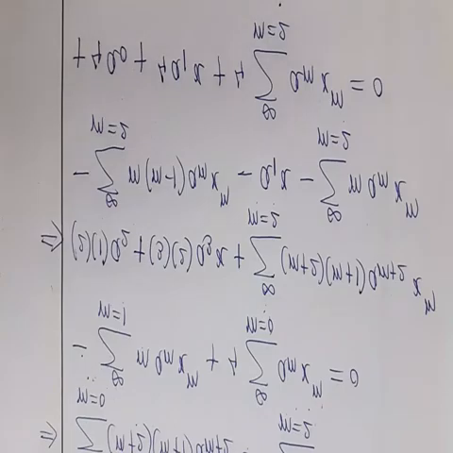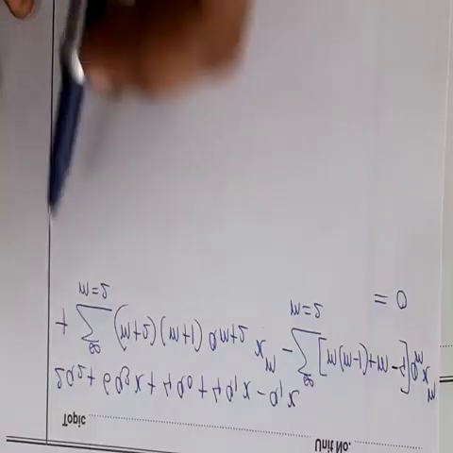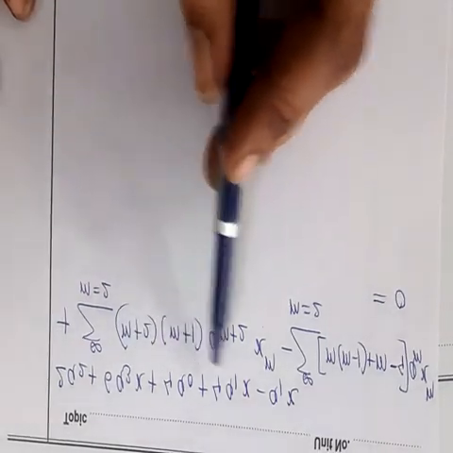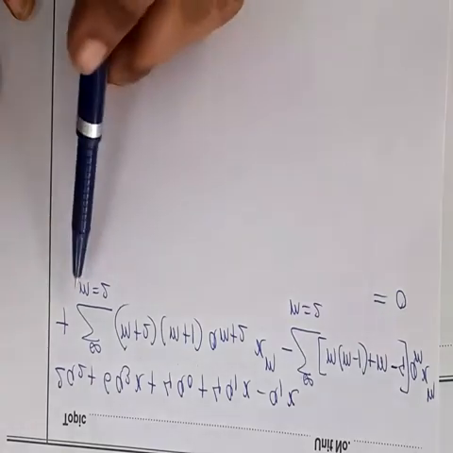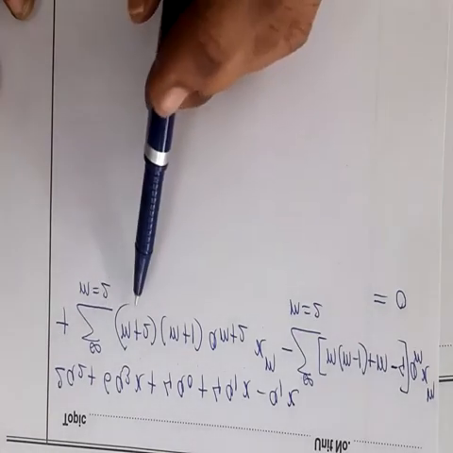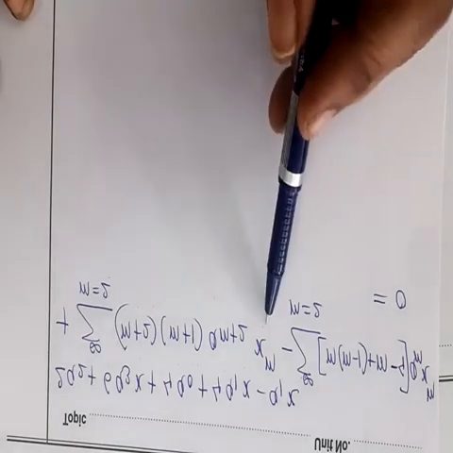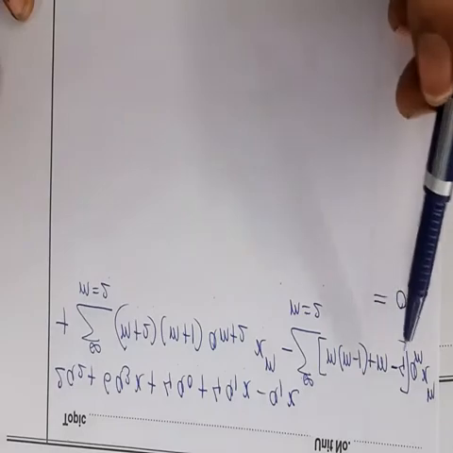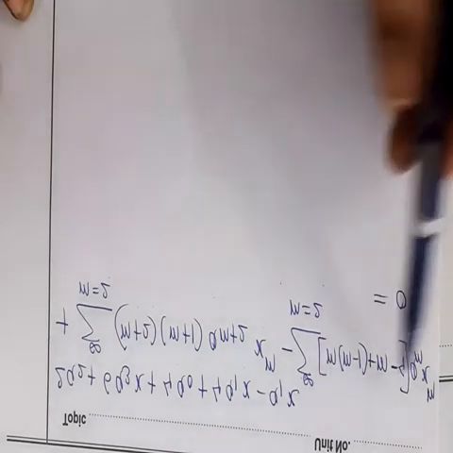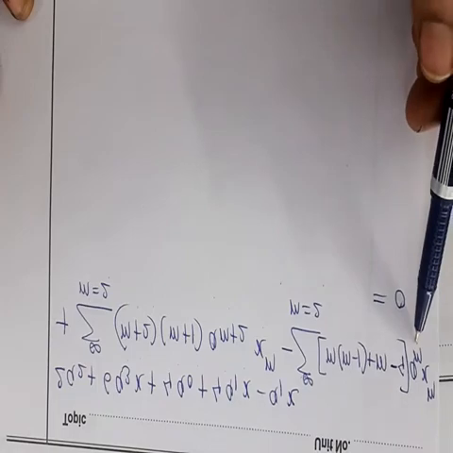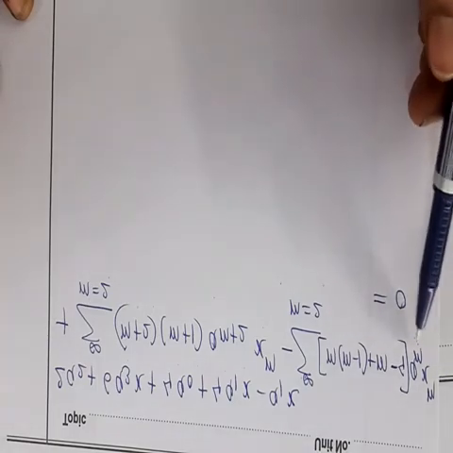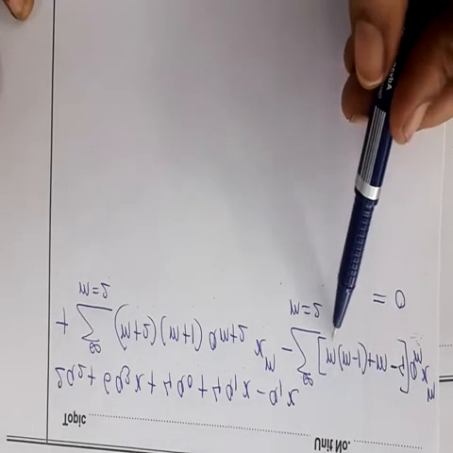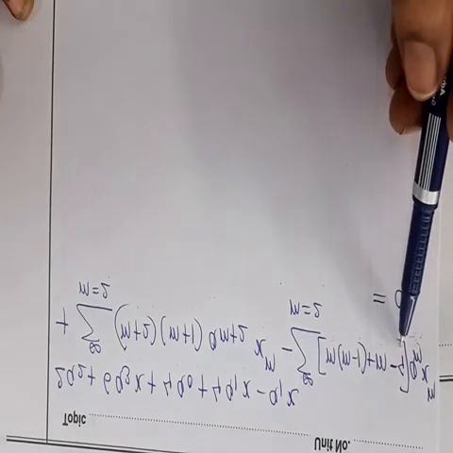So next we obtain, writing the constants first: 2a_2 plus 6a_3 x plus 4a_0 plus 4a_1 x minus a_1 x, plus summation from m equals 2 to infinity of (m+2)(m+1) a_(m+2) x^m, minus summation from m equals 2 to infinity. Now we have a total of 3 terms with the same power x to the power m, so we take a_m x^m common outside, and the remaining terms are m(m-1) plus m minus 4.